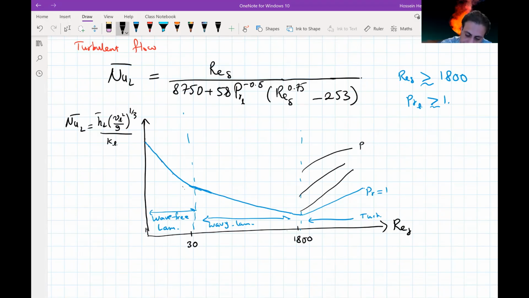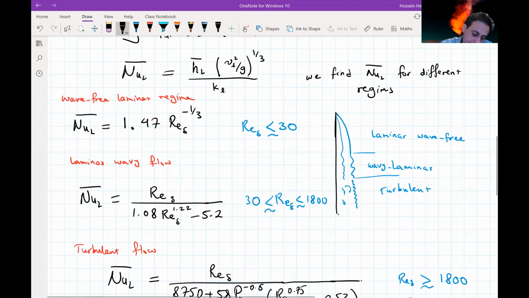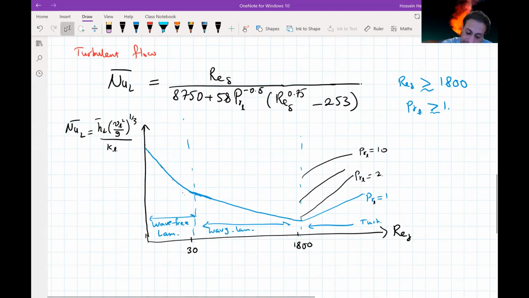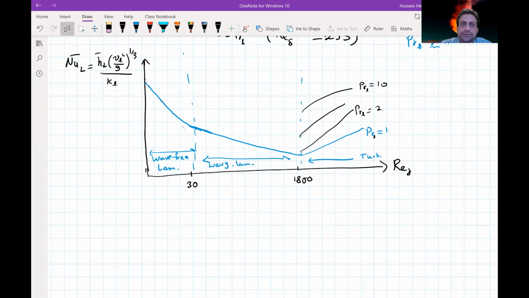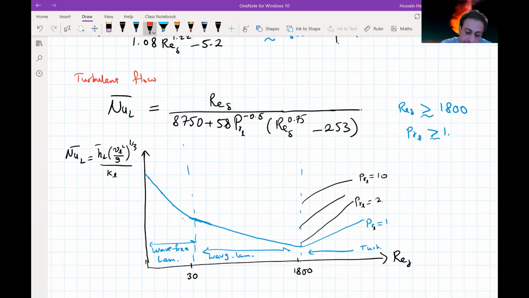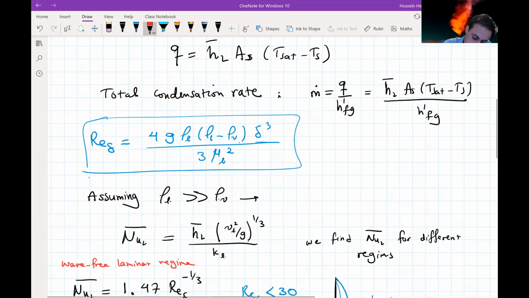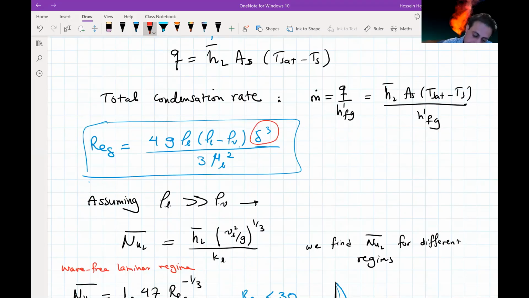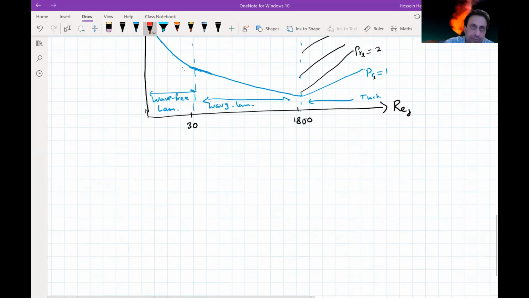such a curve. Let's say this is Prandtl number liquid of 10, Prandtl number liquid of 2, and so on. So we can make a plot of that one for different Reynolds numbers. So we can find out the Nusselt number, and from there we can find out h. Now, this is provided that we know delta. Knowledge of Reynolds number delta, by the definitions that we had, requires us to know what delta is. So if delta is not known,